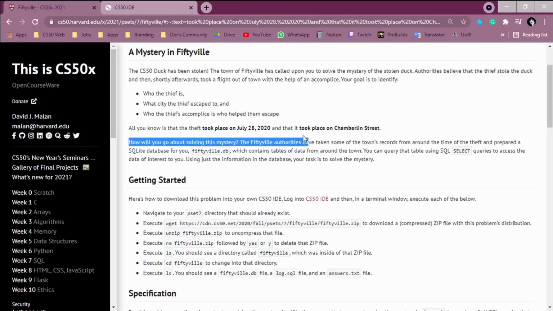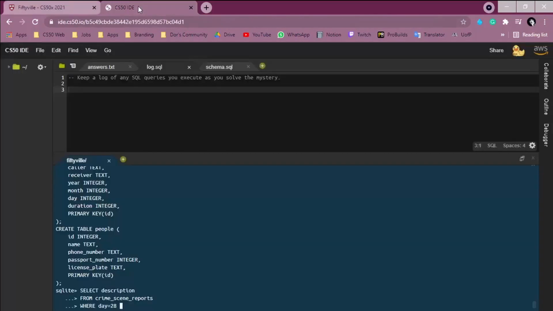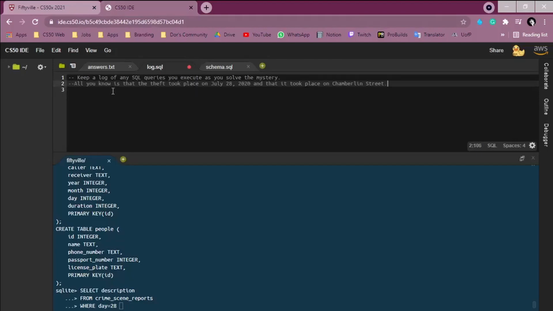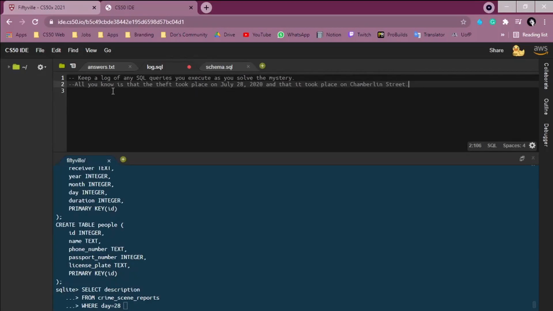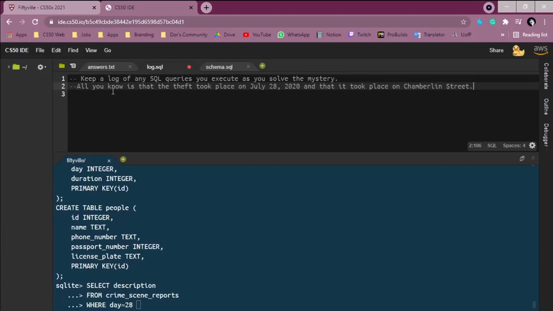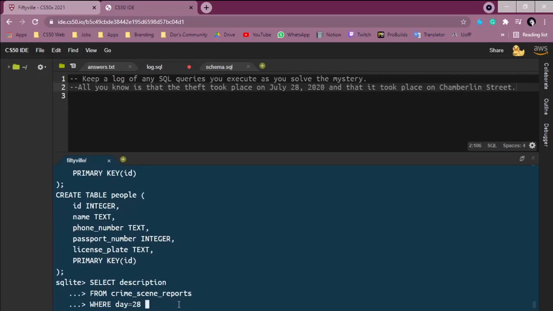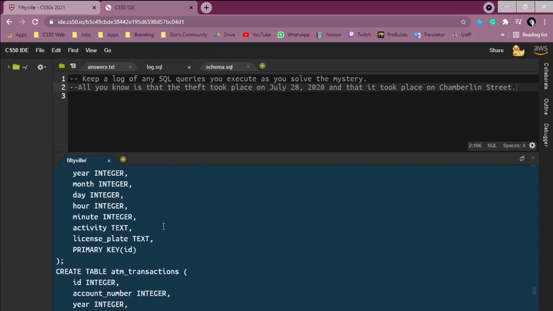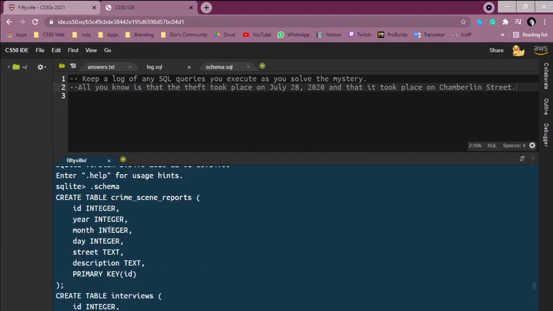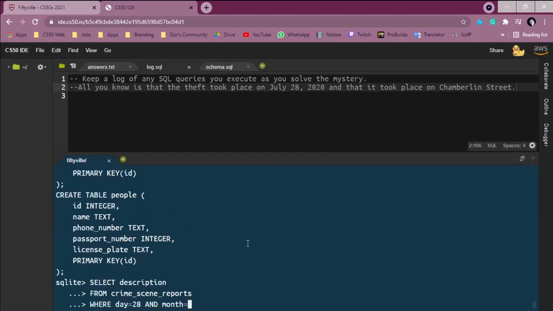Actually, I'm going to pass this information to here, so we can have this information here. Let me zoom in, and I think it's going to be better for you to see what I'm writing. Where day is 28, we know here it's 28, and month, what month is it? It's July, but when we see in here, the table wants the month to be an integer, so we're not going to write July, we're going to write 7, and year equals 2020, and street